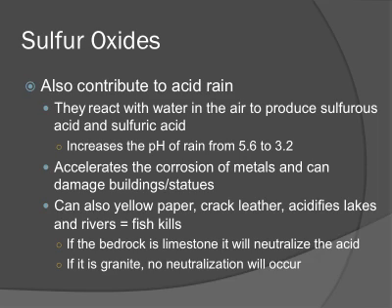So why is acid rain bad? Well, first of all, it accelerates the corrosion of metals, and it can damage buildings. It can damage statues. It can damage marble really bad. It can cause a lot of maintenance to be necessary. So that's why in cities there's usually a lot of rundown buildings, and so on and so forth.